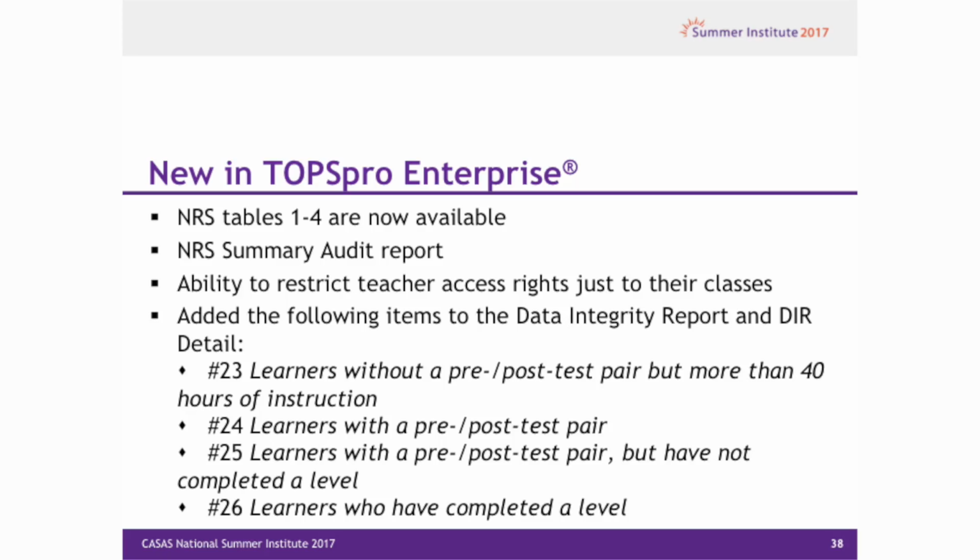We've implemented them. We have tables 1 through 4 that are now available, a summary audit report, and some period of participation reports. And if you look in TE today, it'll be under a preliminary submenu. So you go to NRS tables, it'll say preliminary, but probably after the Summer Institute, we'll take out the preliminary and just move them up, and they'll replace the existing NRS tables. So I just want to give you a quick update on where that is.